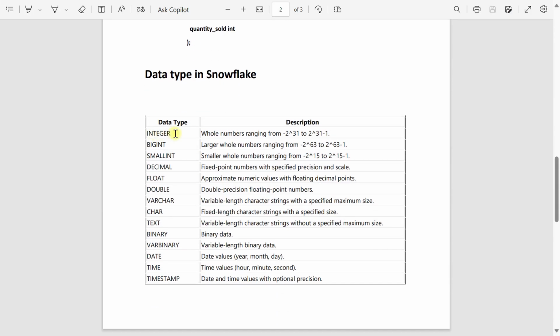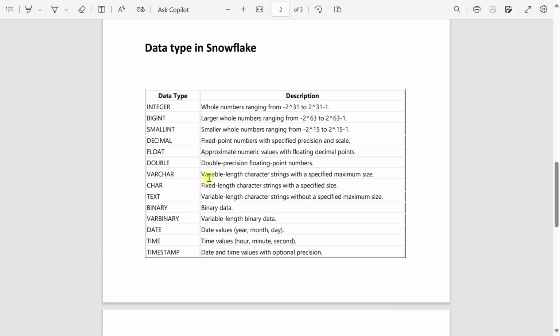Integer data type, which is used for whole number, big integer for large whole number, small integer for a small whole number, decimal for fixed point number of a specific precision or scale, float data type used for approximate numeric value with floating decimal point, double data type used for double precision floating point number, varchar data type used for variable length character string with a specific maximum size, character data type used for fixed length character string with a specific size,